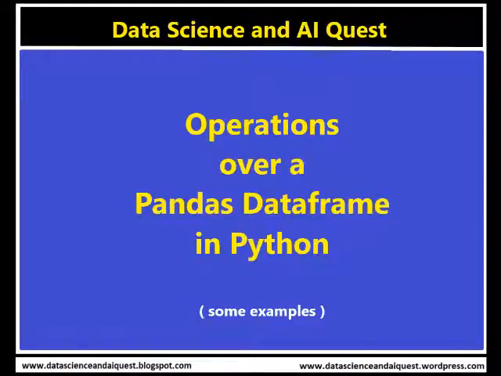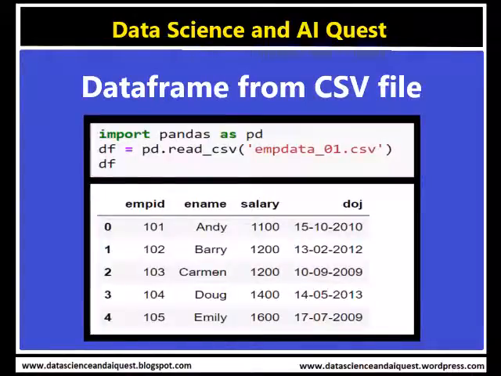In this post, we will be discussing the topic of operations on data frames. Once a data frame has been created, one can do various sorts of operations on it. These operations help us in analyzing or manipulating the data present in the data frame. We will refer to the data frame that we created from the CSV file, the employee data example, for doing any sort of operation.